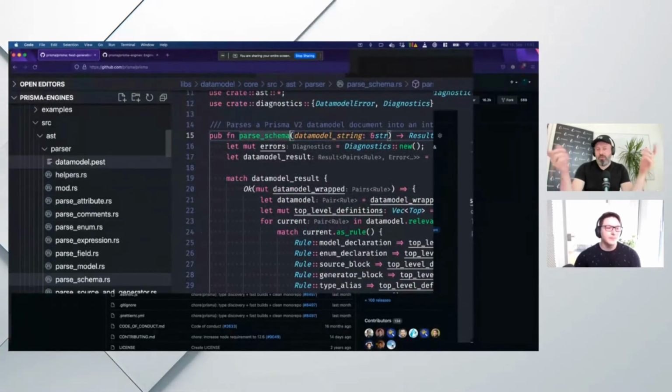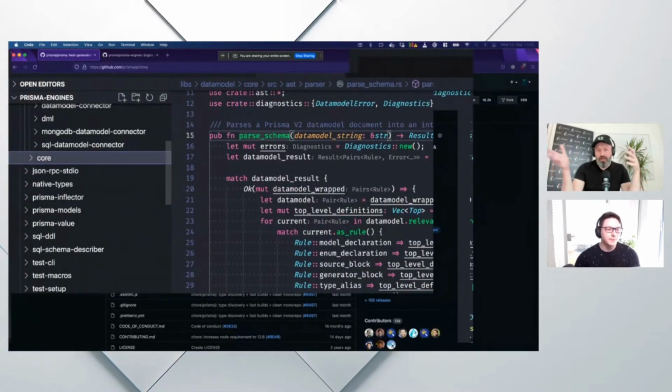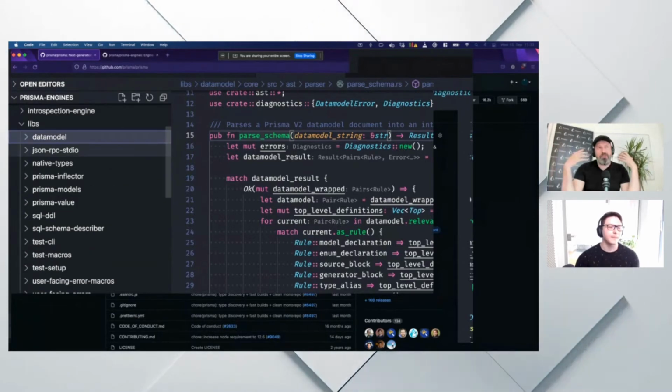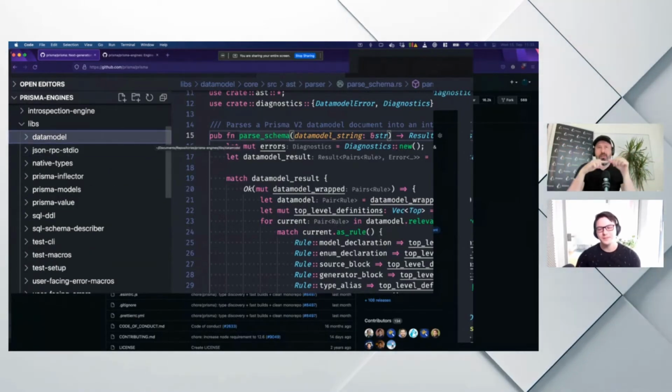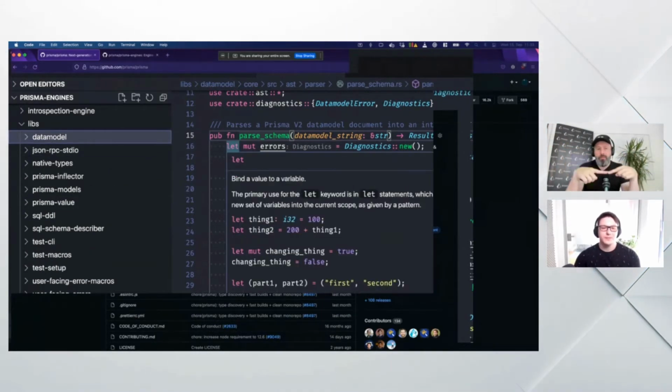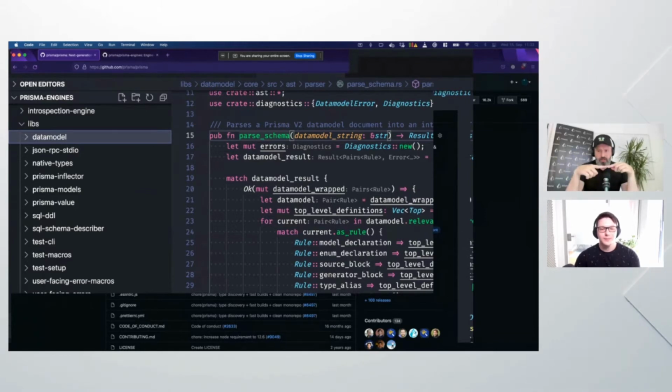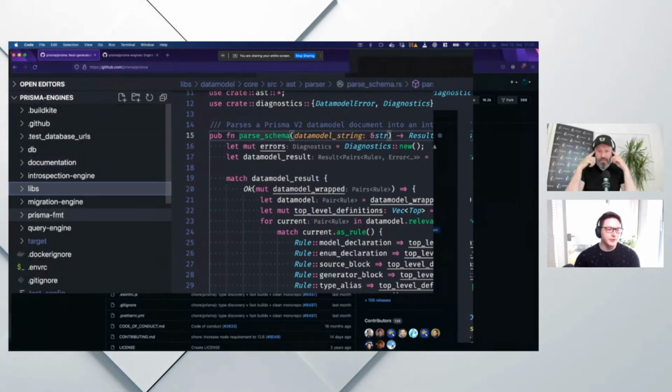So yeah, the schema gets parsed, and so any tool, as you said, the client generation, but then also maybe the language server that's used in the IDEs get powered by these parsers. Exactly. So you see Prisma FMT